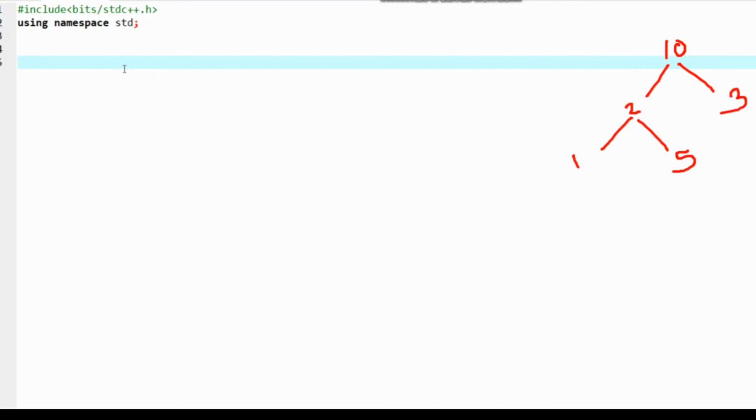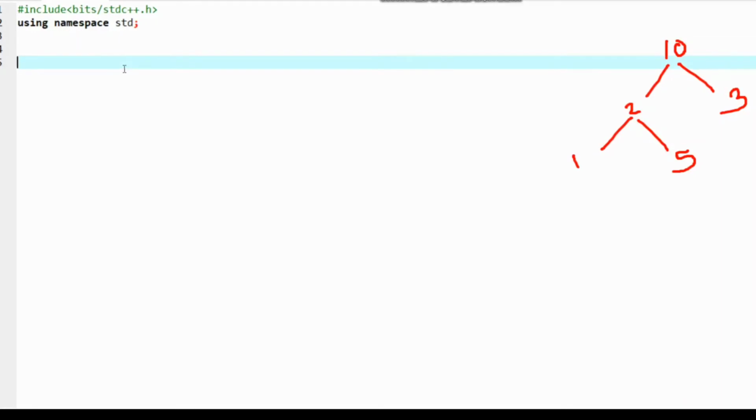Hello friends, in this video we will learn how to create a binary tree using C++. In my previous video I explained the tree data structure, the types of binary tree, and some tree traversal techniques. In this video we will create the binary tree shown on the right side, and then print the nodes of this tree using a traversal technique. I'll be using post order traversal for printing this binary tree and displaying the nodes.